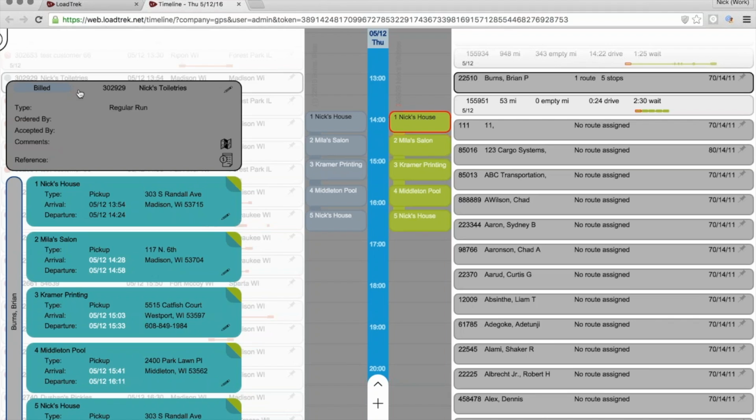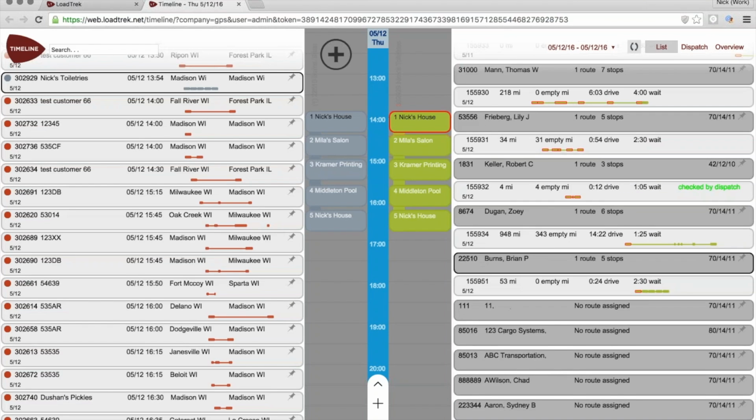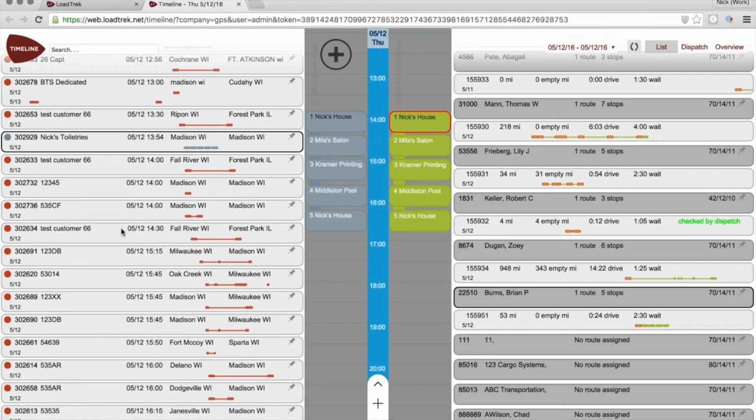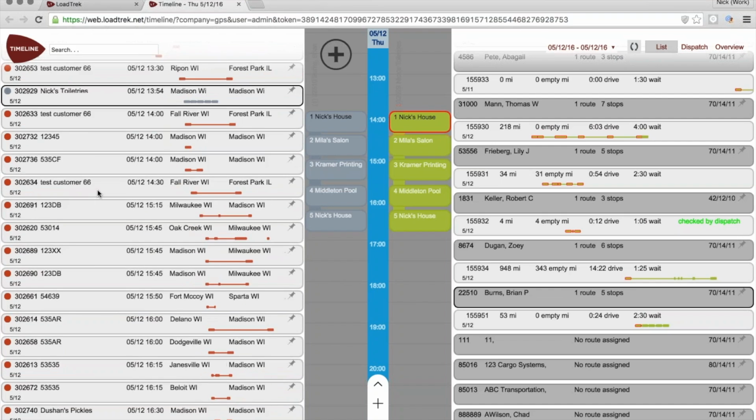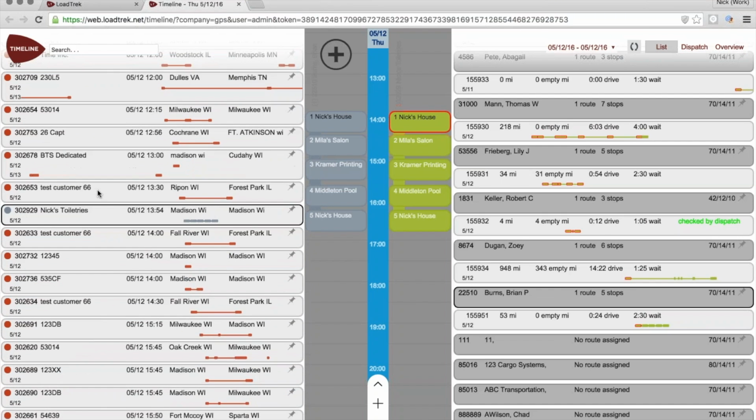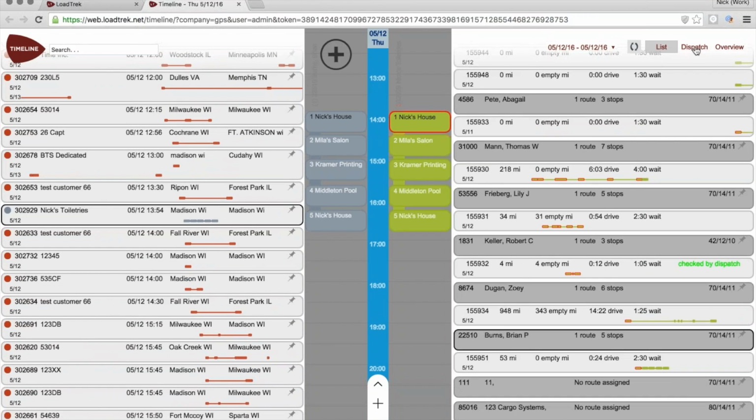Now I'll just kind of show you guys a couple more features regarding this application here. We'll click out of there. So like I was saying, on the left side are your trips and on the right side are your drivers. And there's a couple different views to look at all this information. So right now we're in list view. It makes a really good list view, as you guys can see. And then in dispatch view,